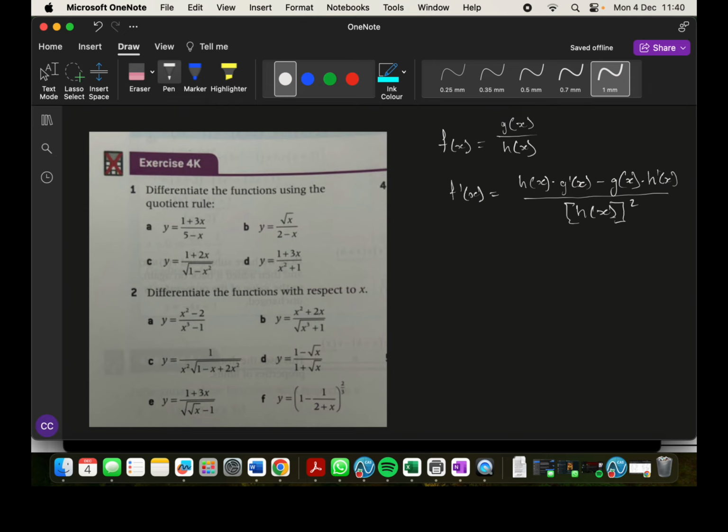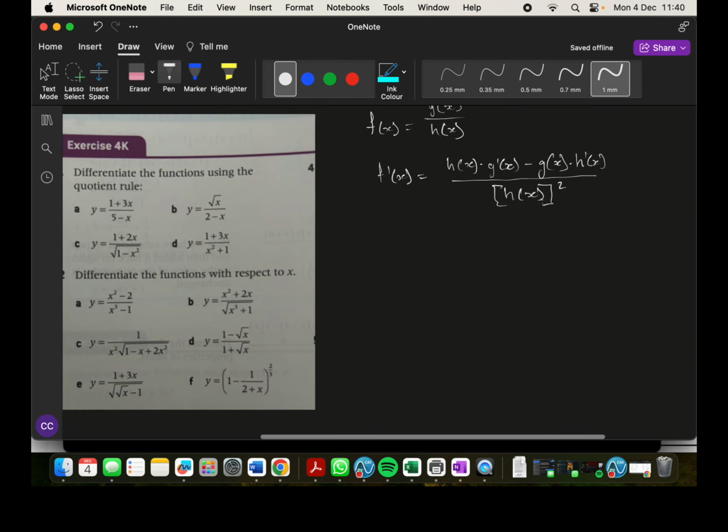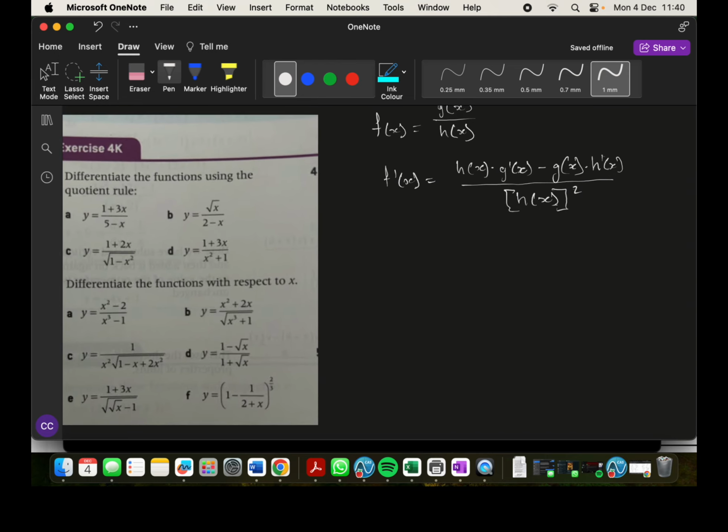Okay, so applying that to our values here, that would give me the square root of 1 minus x squared